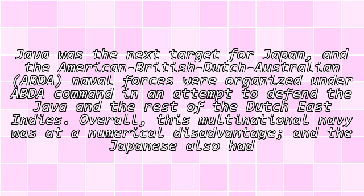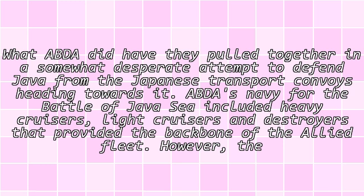Java was the next target for Japan, and the American, British, Dutch, and Australian naval forces were organized under ABDA command in an attempt to defend Java and the rest of the Dutch East Indies. Overall, this multinational navy was at a numerical disadvantage, and the Japanese also had general air superiority. What ABDA did have, they pulled together in a somewhat desperate attempt to defend Java from the Japanese transport convoys